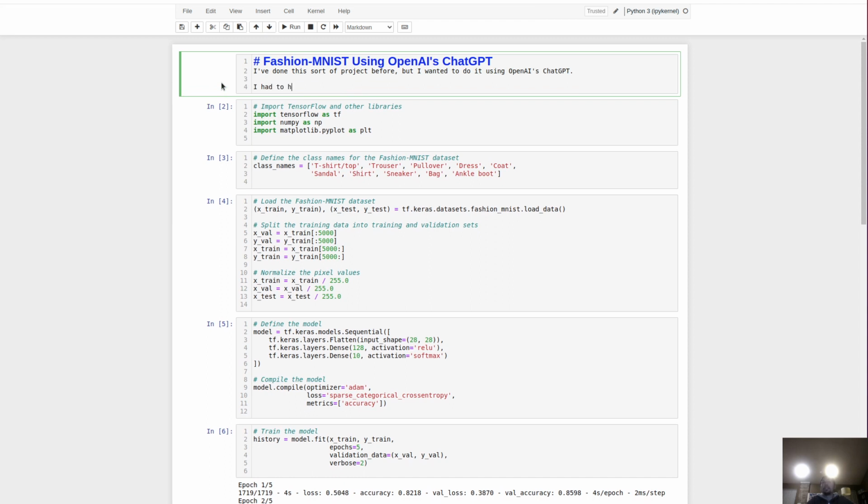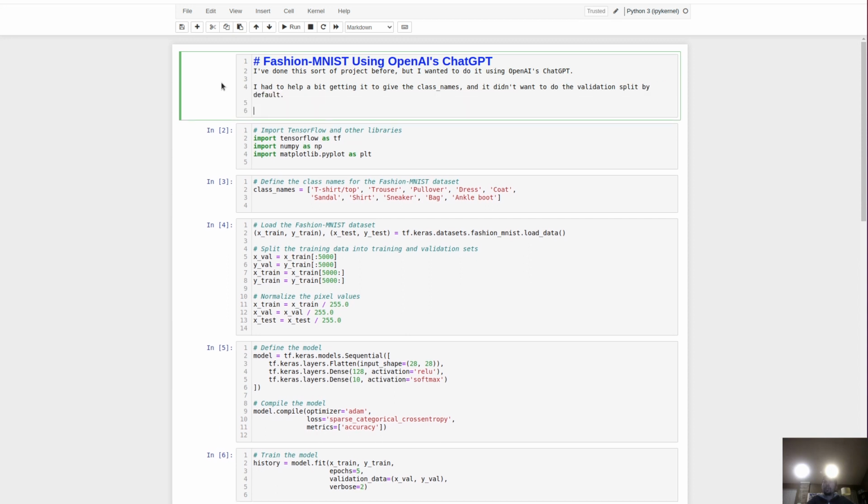I had to help a bit getting it to give the class names, and it didn't want to do the validation split by default. But overall, I literally copied and pasted the whole thing.